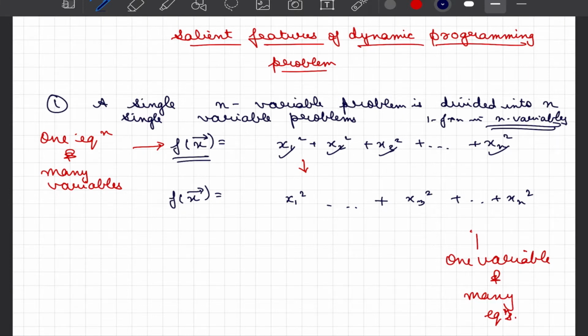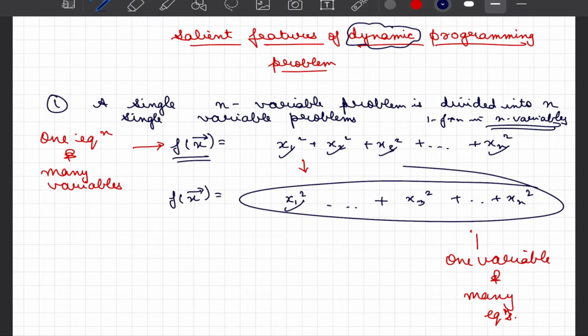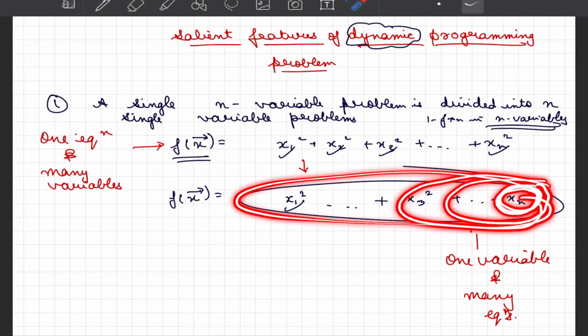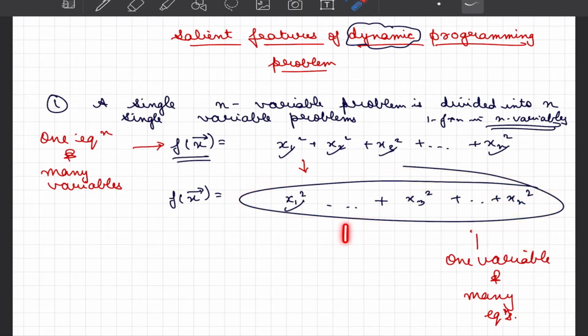However, the problem arises when the system is changing with respect to time, and that's where we resort to dynamic programming, and then we try to take the same system. That is, the objective function is still that we want to maximize the sum total of parts. But now our focus is that we will first take just xn square, that is what is happening at the last time step, then we'll move backward and so on. And wherever we stand, using Bellman's optimality principle, we look forward. That is, from here, we have to optimize the entire system.